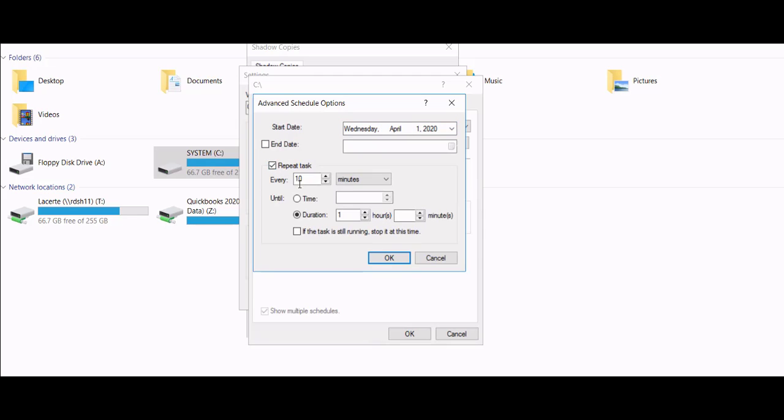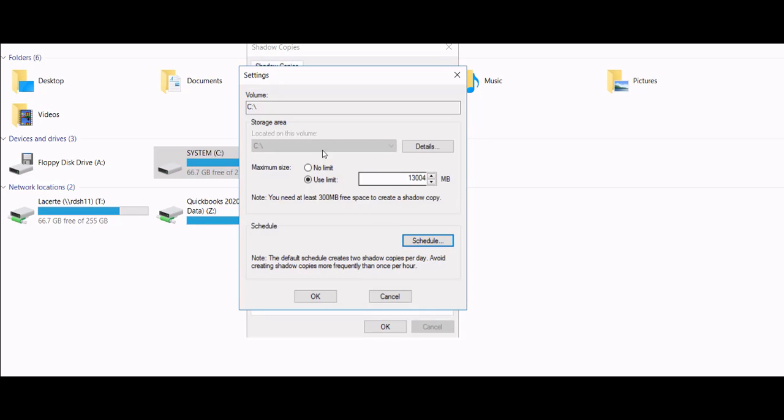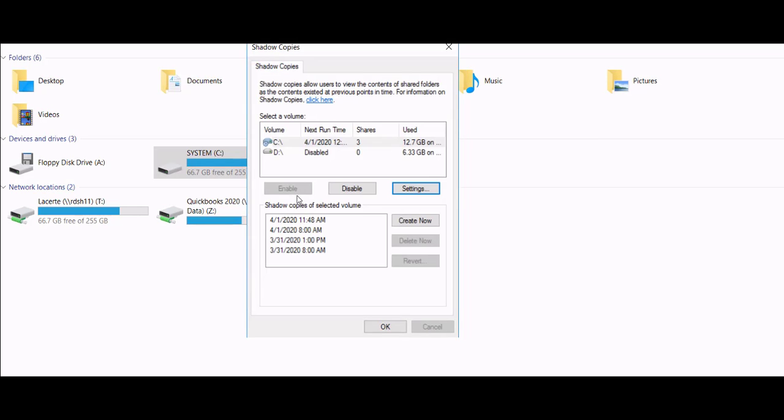We do want to repeat the task every 6 hours. You can have it 10 minutes, which is really quite good. Then the duration is going to have to be at least 6 hours. So I'm going to put a 7 here. And then you click OK. So that task is set up, you're ready to go, the schedule is good, and now what you want to do is you highlight this and you create now,